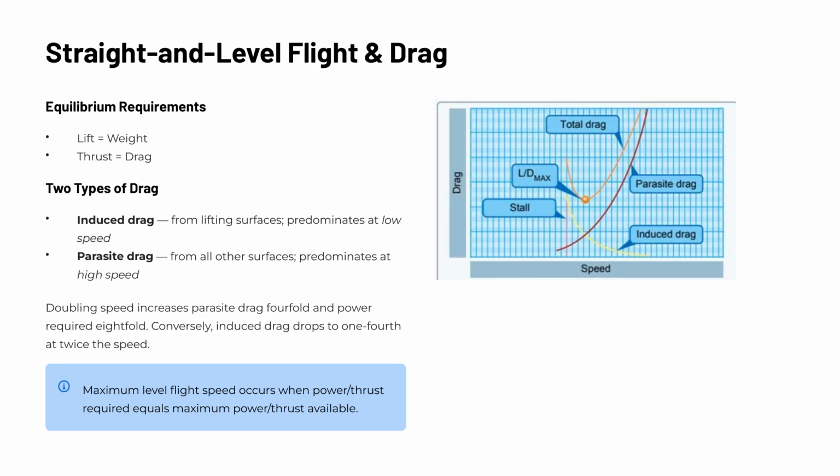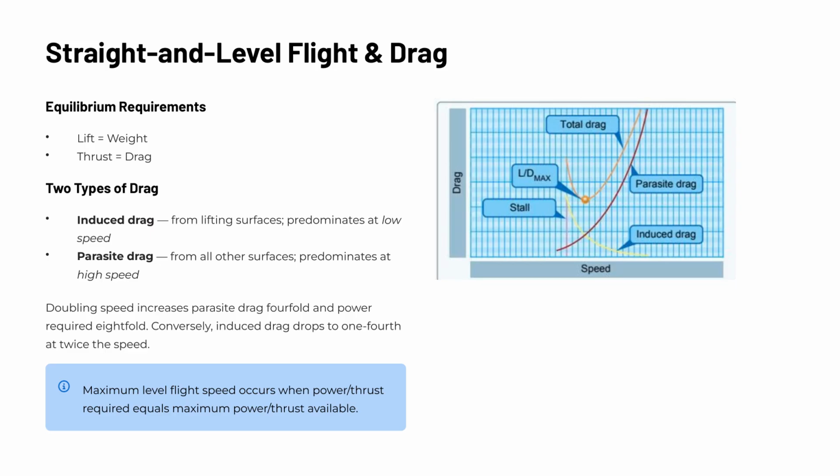The relationship between speed and drag is not linear, and this is a critical concept. If you double your airspeed, parasite drag increases fourfold, and the power required to overcome it increases eightfold. Meanwhile, induced drag drops to just 1/4 of its original value. This inverse relationship means there is a specific airspeed where total drag is minimized, and that point has important implications